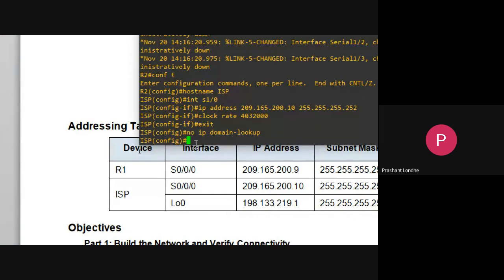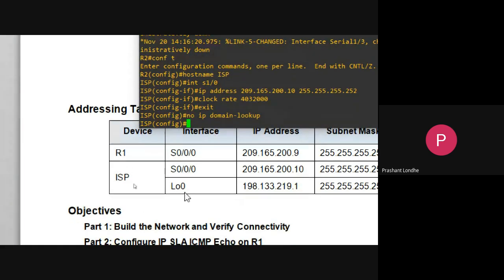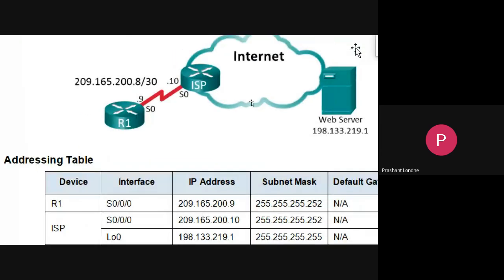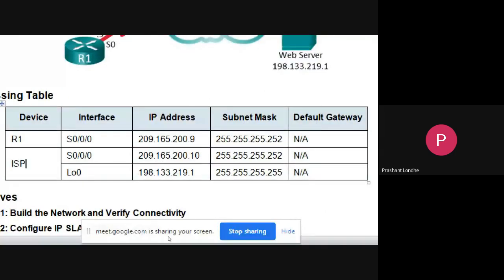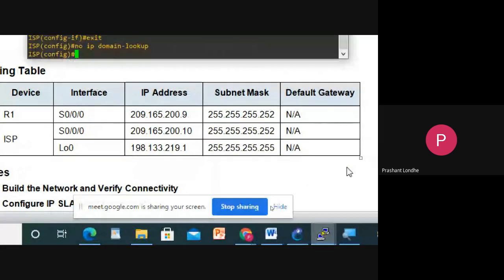And finally, I need to set up the web server also, because just see here, there is one open interface which is connected as LO0 and which is connected to your web server. You can see over here, this is the web server. So there should be one line which should connect to your web server.